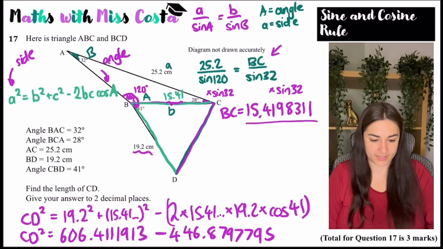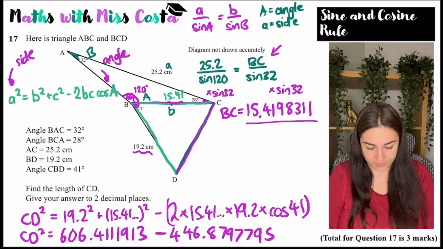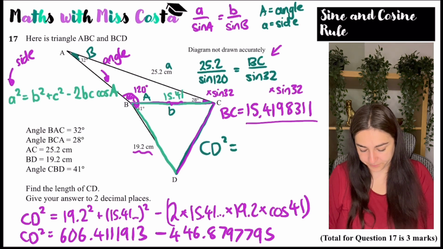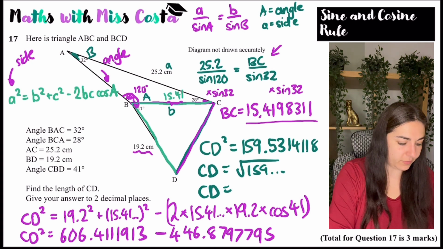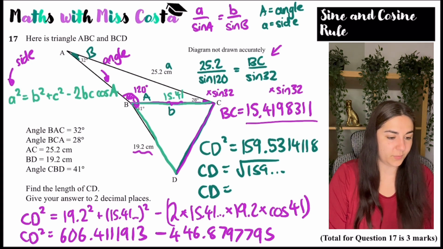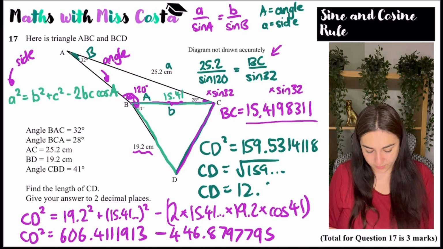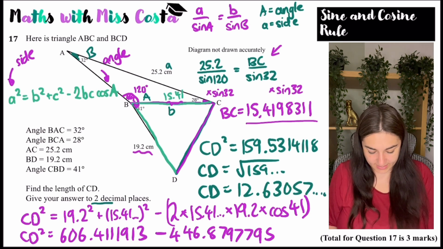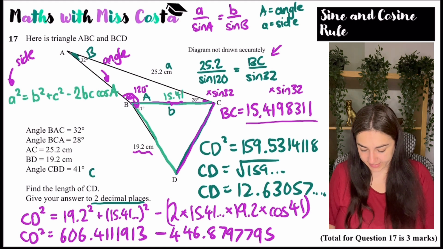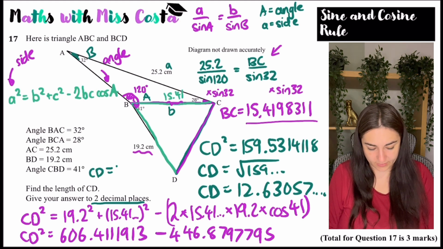Take away the answer, and that gives me 606.4111913, so I know that CD squared must be 159.5314118. So CD is the square root of this. So CD is the square root of the answer, which is 12.63057, and it says to 2 decimal places. So CD equals